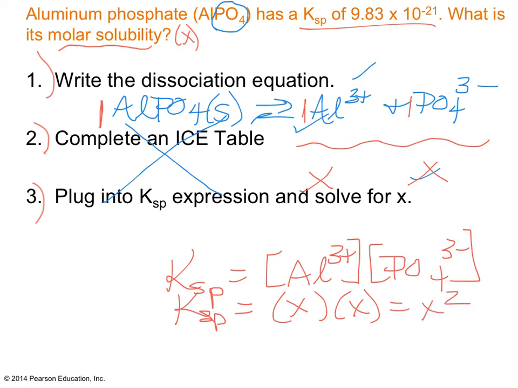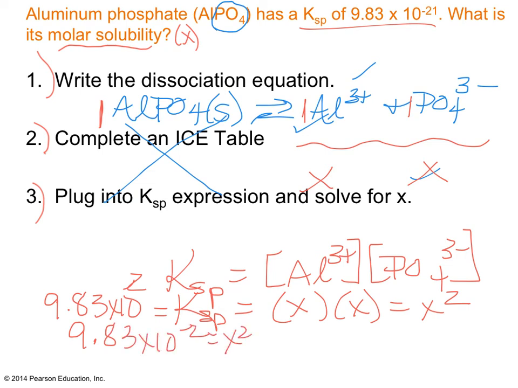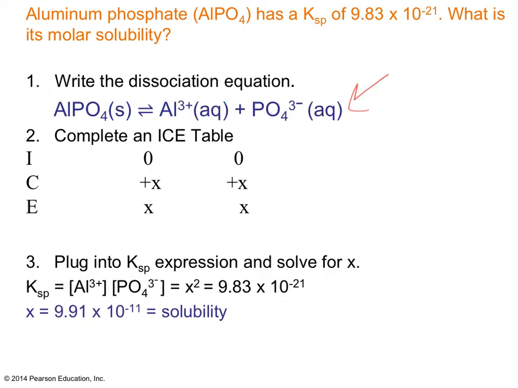Okay, and we know the value of Ksp. It was given in the problem. So now we have 9.83 times 10 to the minus 20 equals X squared. So what do you do to solve for that? You simply take the square root of both sides. So X would equal the square root of 9.83 times 10 to the minus 20. I think I forgot to write the 10 there. And so it would equal